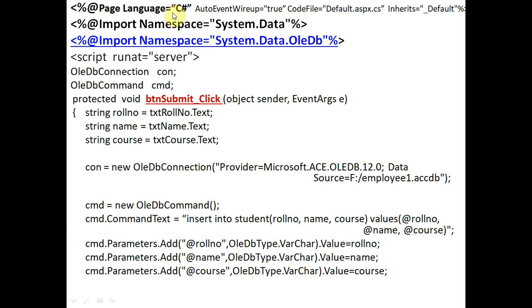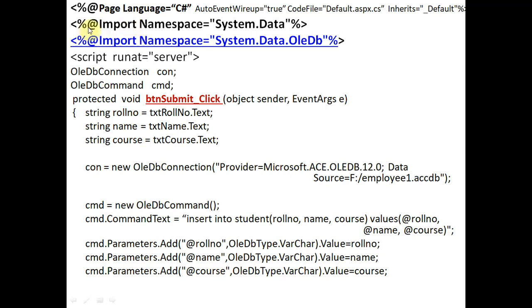So we are writing the code in C#, and auto event wireup equals true means automatically it will add the event. And code file is default.aspx.cs, and inherits default. Otherwise we will write the name of the base class.